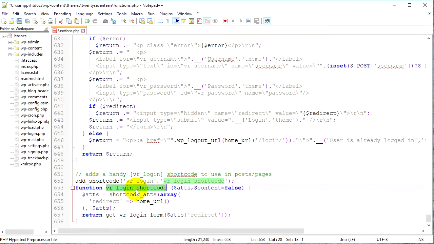So this is the VR login shortcode function. I wrote this function. This is not a WordPress function, this is my function, and we have two parameters, attributes and the content. We don't use the content in this function, so I just assign a false value to it. Now the attributes, we assign to the attributes another WordPress function, which is shortcode atts, and then it has two parameters. It has an array with a redirection URL, which is the URL where the user is going to be redirected after